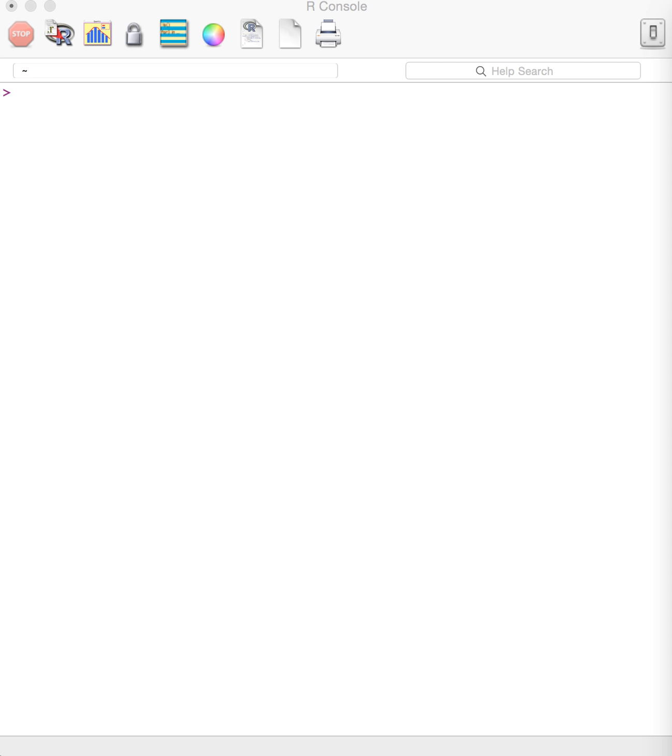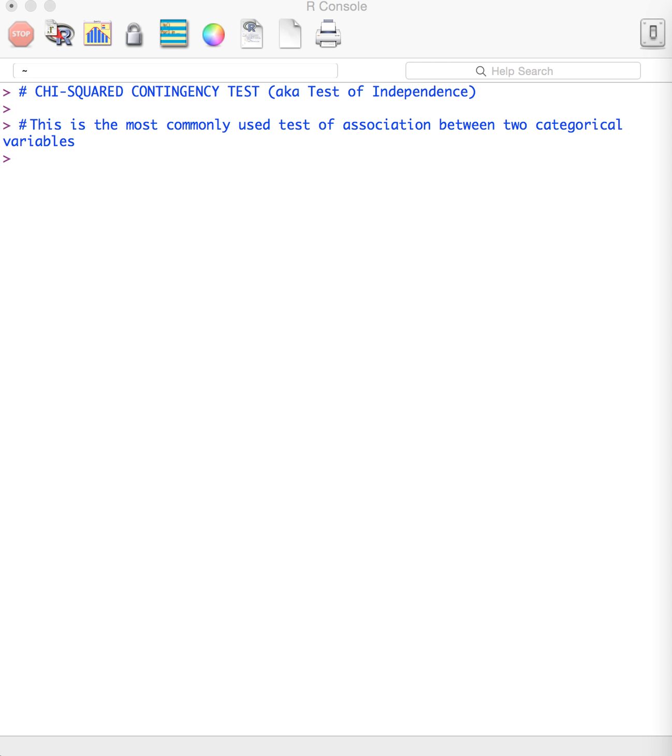Now, in R and in other sources, this is also sometimes called the test of independence. Particularly in R, this is called the chi-squared test of independence. And what you'll find is that this is the most commonly used test when you are looking for an association between two categorical variables. So the example that we're going to be looking at here is example 9.4 from your